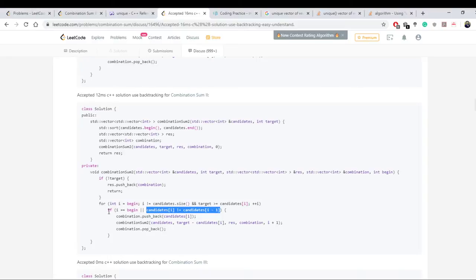If you're not at the start of the set and your two numbers match, then you don't. So what this is saying